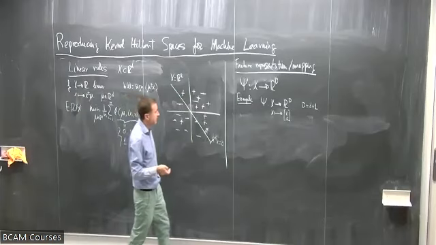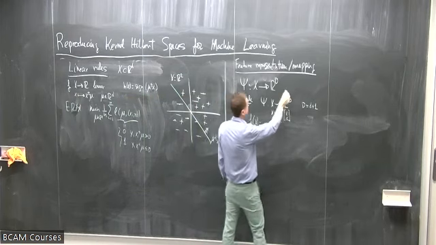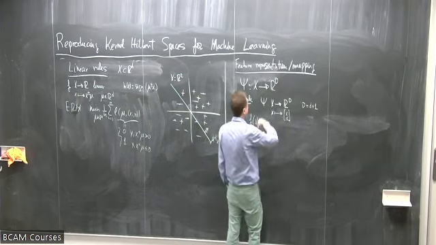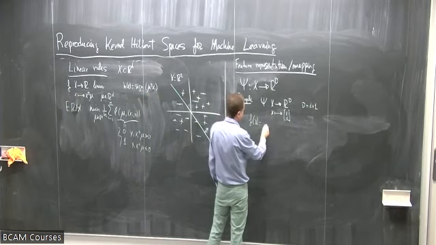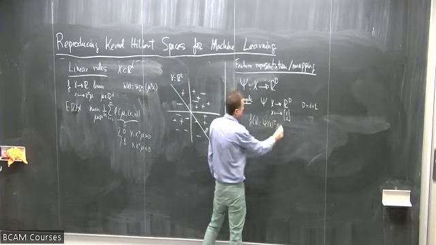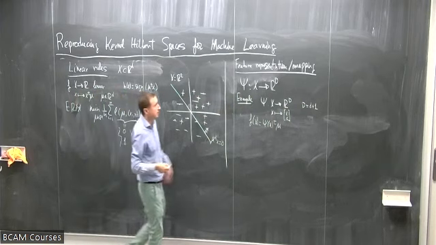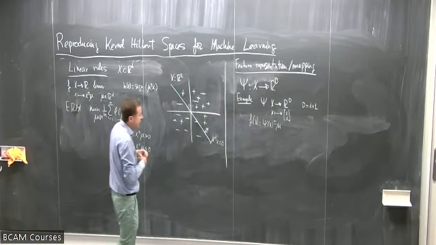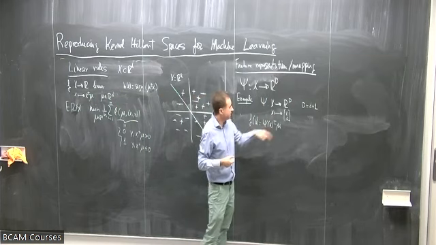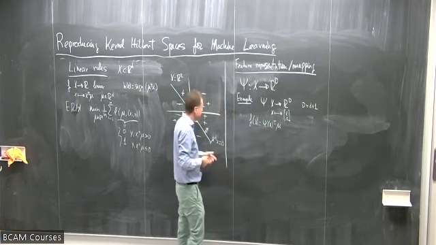But now what happens is that the functions that we are going to consider, after we do this change of representation, the linear functions are going to be linear in the output of this feature mapping. So they are going to be linear in the feature space. And this space here is known as a feature space. And then if we are using just this very simple feature representation, what we achieve now is that